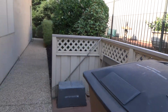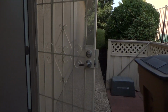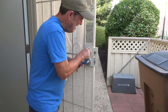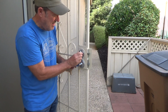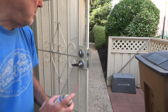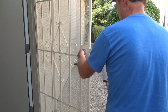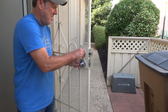I'm at my mother's house, and I'm going to spray it a little bit with some WD-40, because as she comes out, I can tell this is getting a little gummy, and so it's hard for her to turn that. And what I could do is unscrew this and spray some stuff in there. I was going to try to just do this quickly, and I don't know. Let's see. See, that's rubbing a lot easier now,